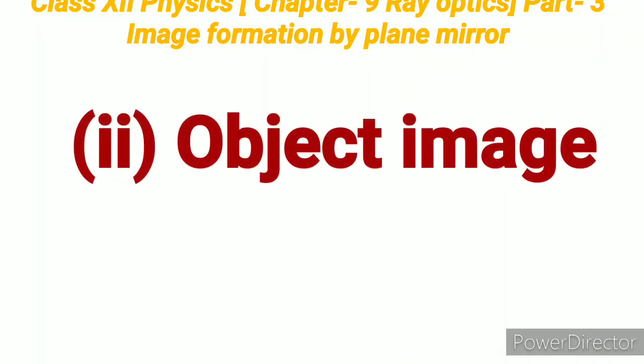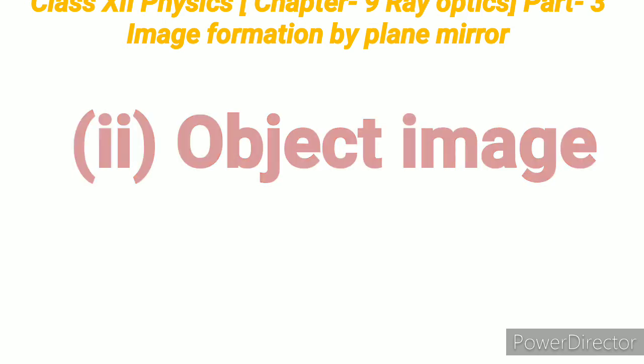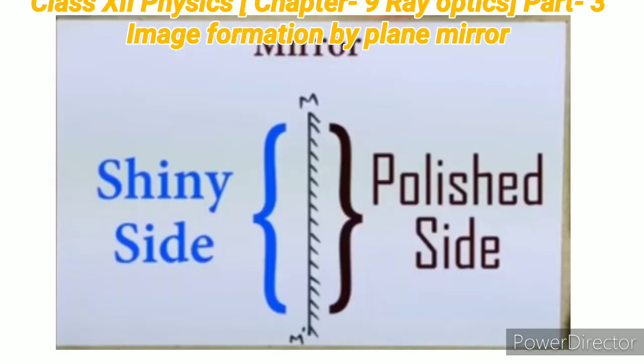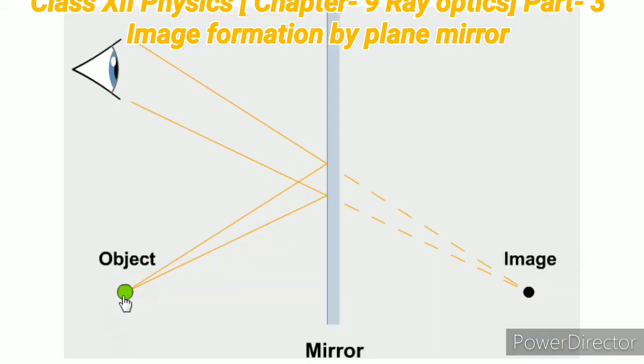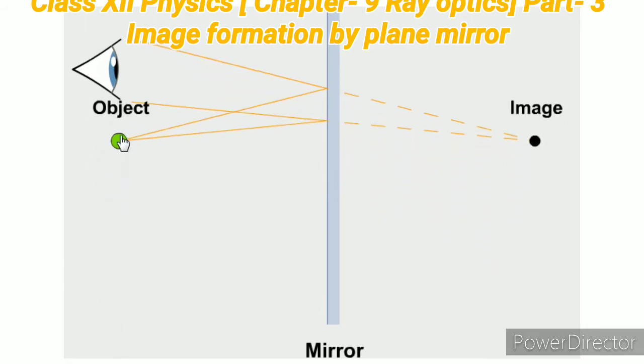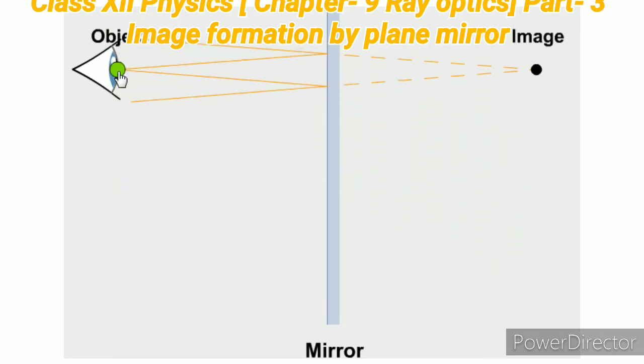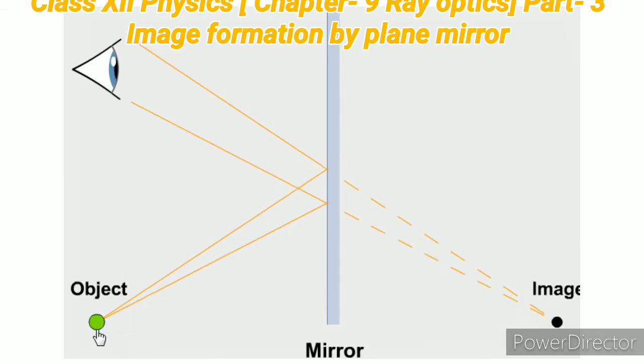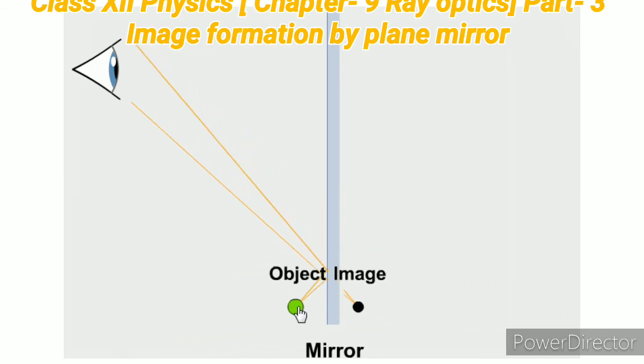Let's take a plane mirror and denote it M dash. Now let's take any object AB. Let's assume there are two rays coming from either part A or B of object AB. Please remember, at least two rays are required for image formation. It means if we want to draw a point image diagram, we require two rays.